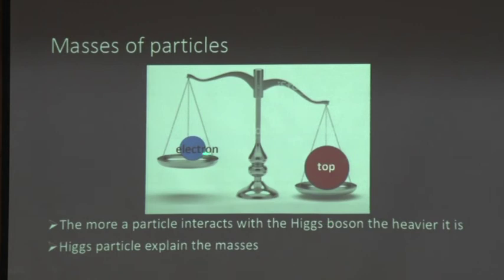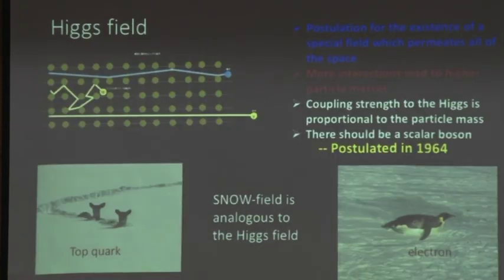It just happened that the particle that interacts with Higgs the least, we call that lepton the electron. And so the Higgs particle explains the mass,